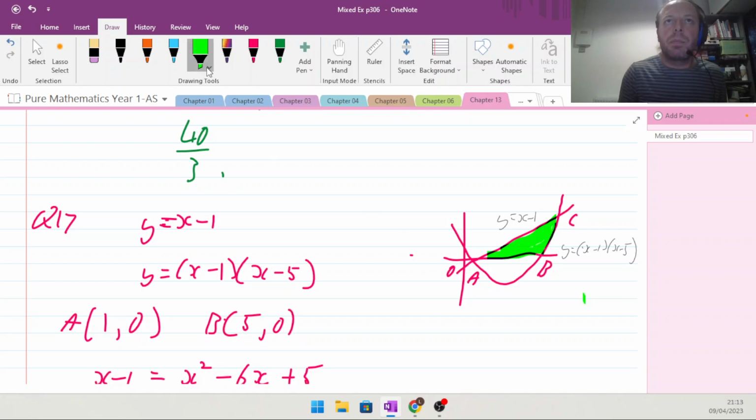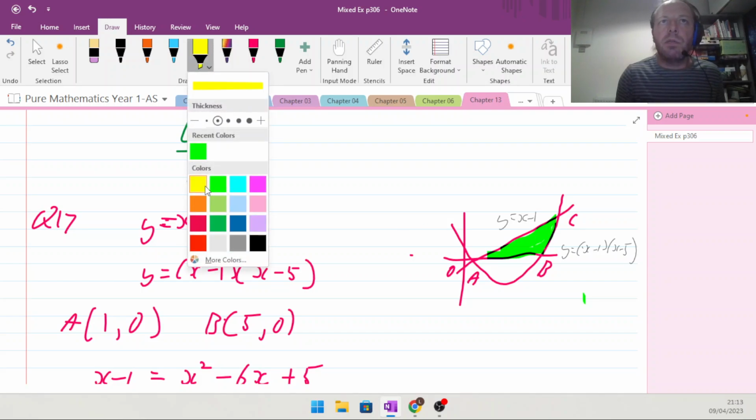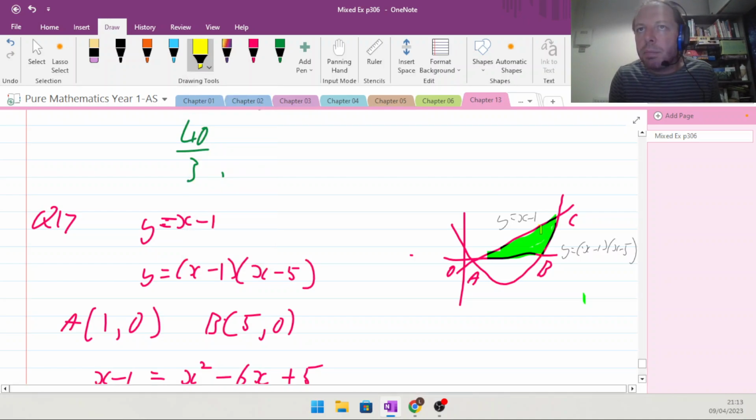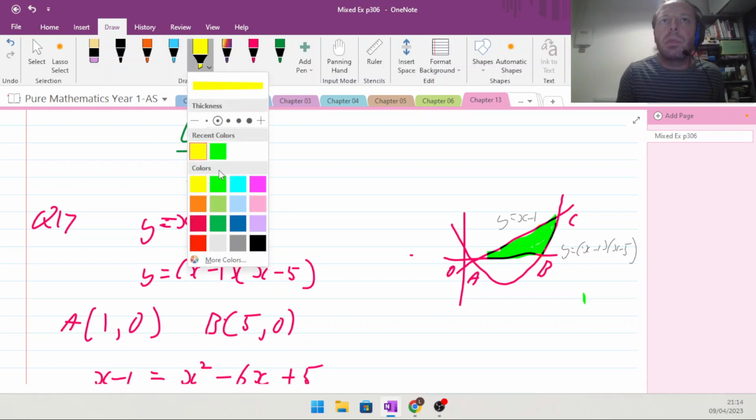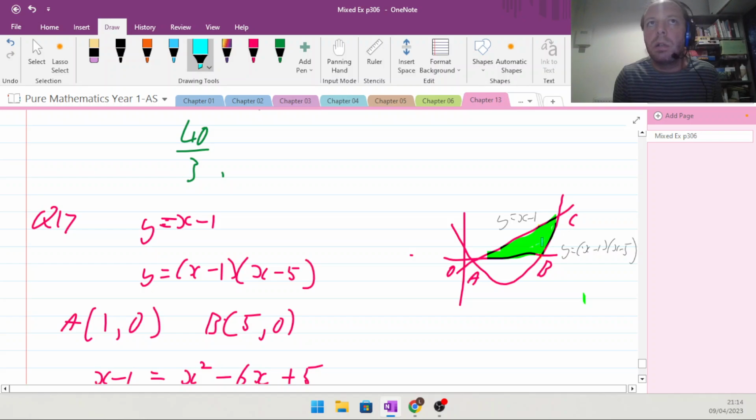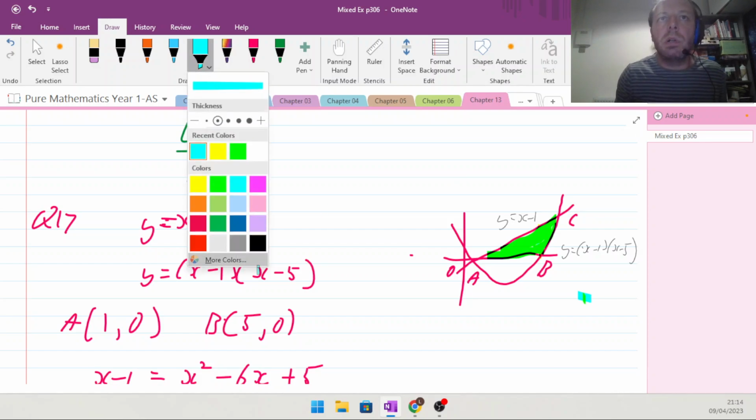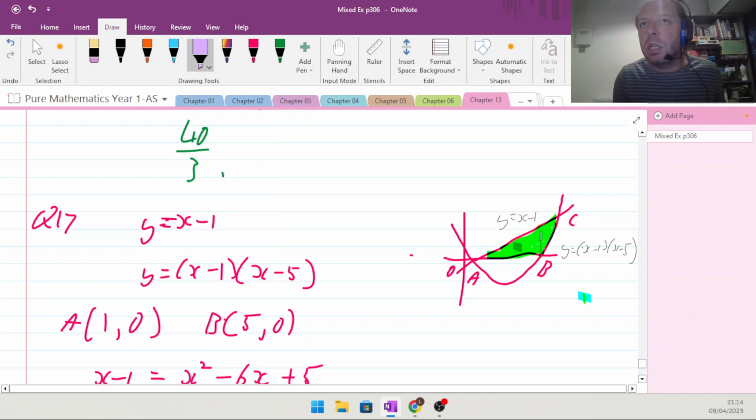Now then, I'm going to find this region in 2 bits because that bit there, you see that? Nope. Give me a different color to that. You can't see that either, can you? That green's quite intense. That's better. So this bit here